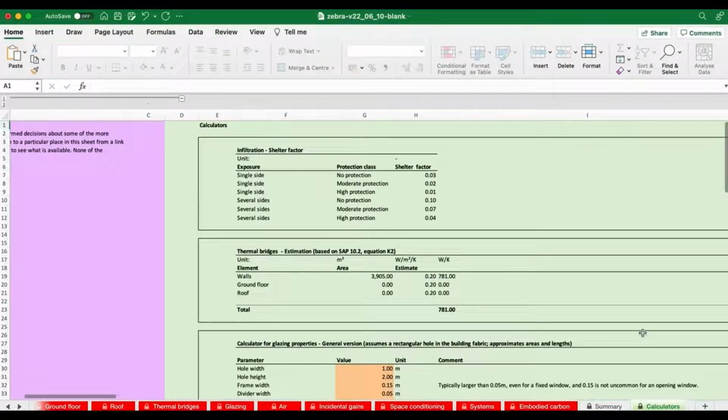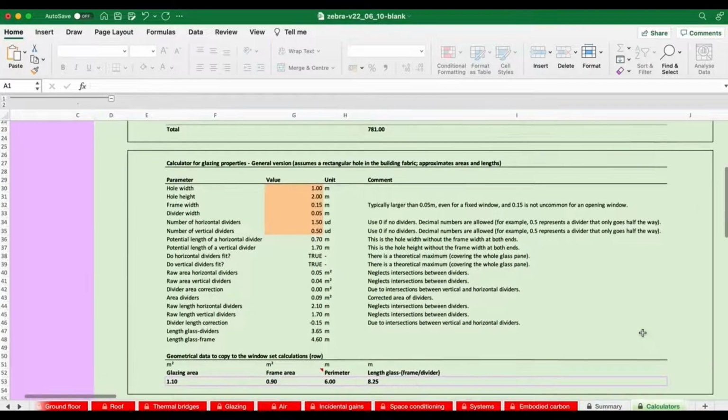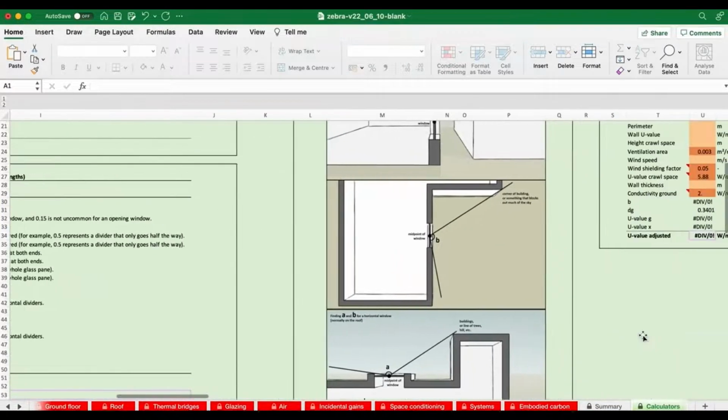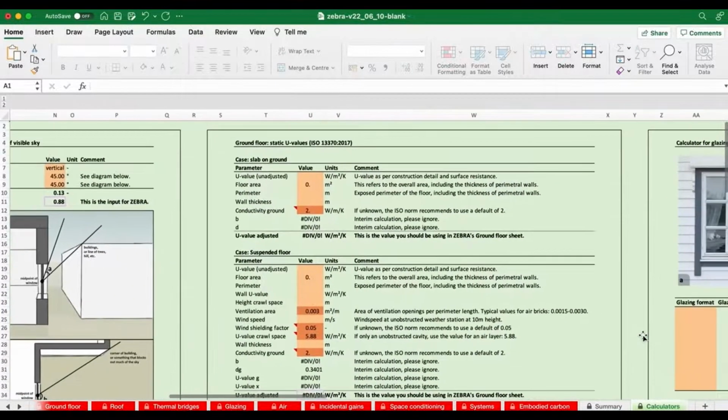Now, you'll see here we've got calculators on infiltration, thermal bridges, glazing, and we're going to come to that in a little while. But we've also got an area here. It's called ground floor static U values, and calculated according to these particular ISO.